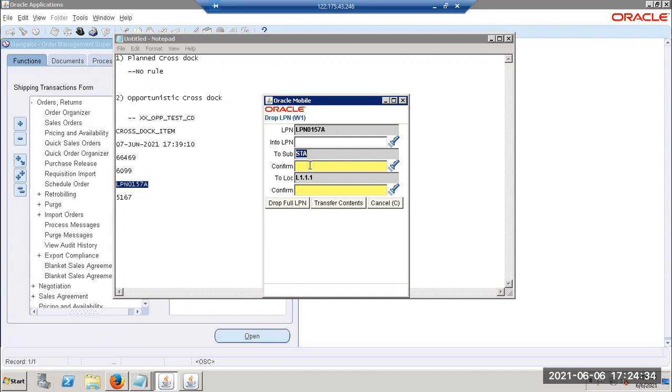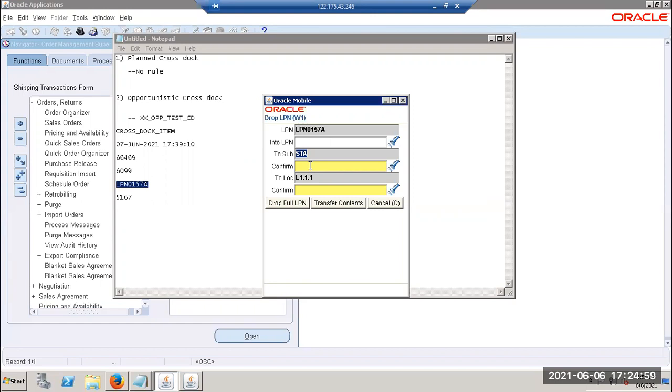So try to understand here. Even though we are performing a put away transaction, what is happening in the system? It is directly asking us to move it, because your cross-docking criteria is available. Even the staging sub inventory came from your shipping parameters, correct?